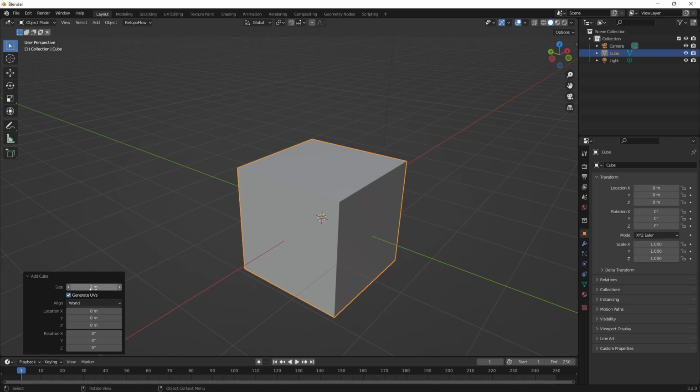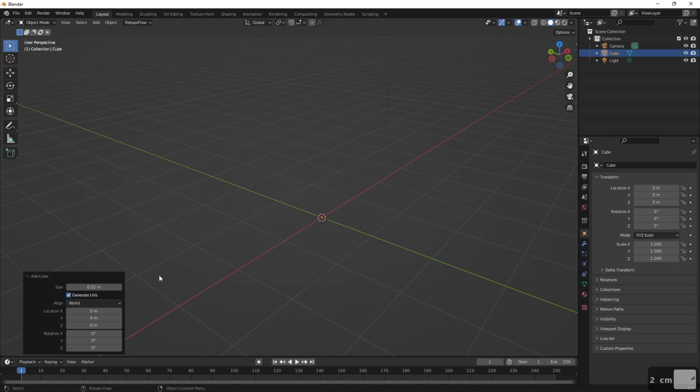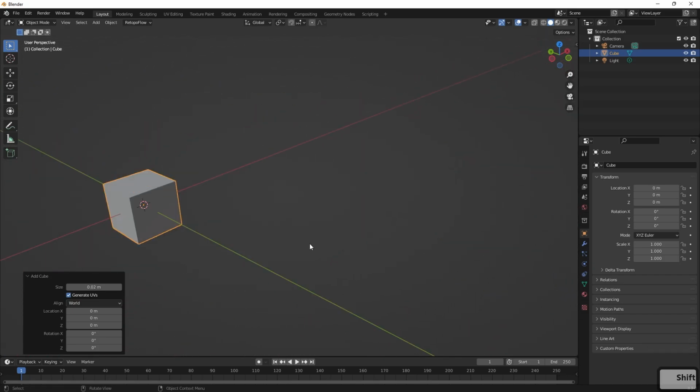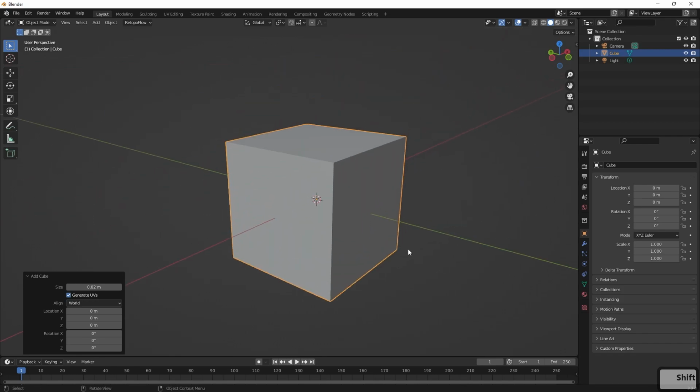As you can see here, we have a couple of options that we can change with the cube, and the basic option is the size of the cube. Right now this is a 2-meter cube, so that would be a huge cube. One cool thing about Blender is you can change this to actual measurements. A D6 is about 2 centimeters, so I can just write down 2 cm, and as you can see now we get a really tiny die, but this is going to be more in line with